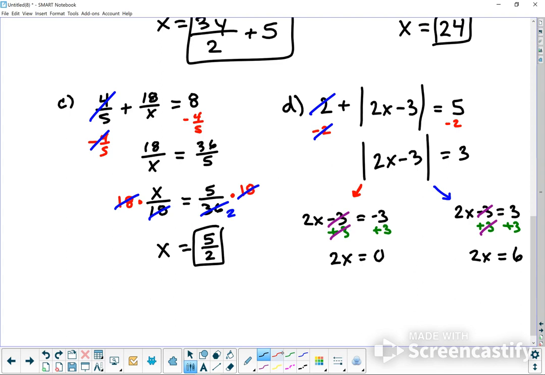Now you're going to inverse the 2, which is times 2, so that is division by 2. And you're going to do the same thing here, division by 2. We're going to cross off the 2's for all of these and just copy down the x. 0 divided by 2 is 0. That's one of your